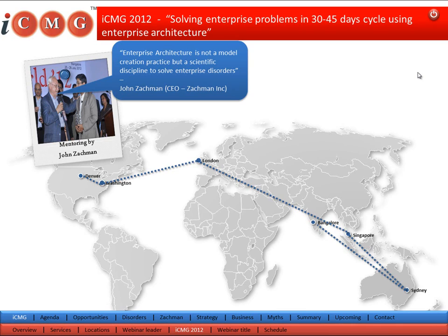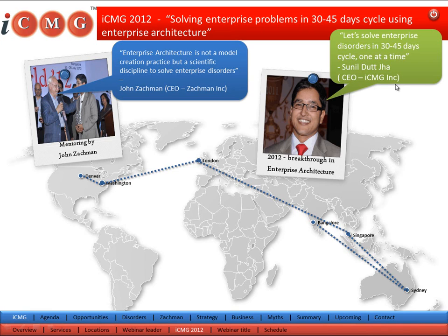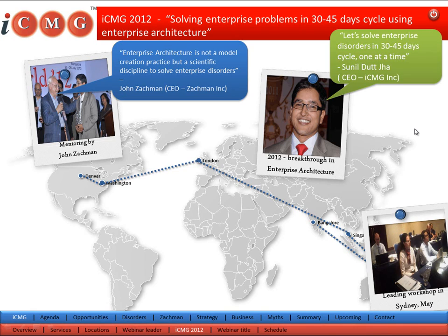I've been lucky that I've got a lot of help and support and mentoring by John about how to use these concepts, and in particular why Zachman framework provides us the necessary ontology for defining an enterprise. And we could use this to address the enterprise problems very quickly. The whole process of creating and addressing enterprise disorders shrank from a few months to a few weeks.